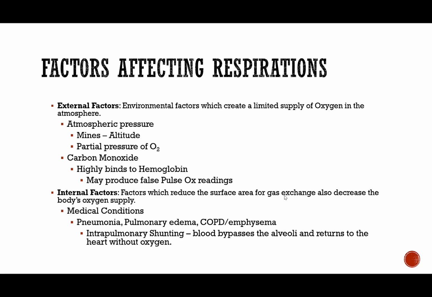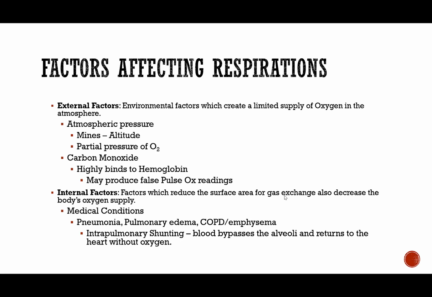This is when you're looking around the environment, you're looking around the scene, you're trying to understand if there's something in the area, in the scene, that impacts this patient's ability to respirate appropriately, to get the level of oxygen the cells need. And the internal factors are going to be things that reduce the surface area for gas exchange. These are typically going to be medical conditions. This is now what we're talking about here when we're reducing the membrane, right? The ability for gas exchange is that we don't have a good way to do osmosis, or there's osmosis not occurring correctly. But in any case, all of this is going to be driven by some type of medical condition,